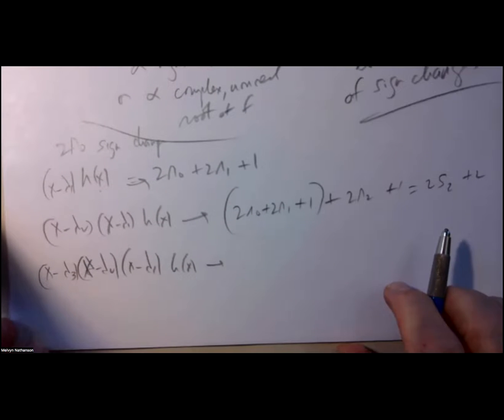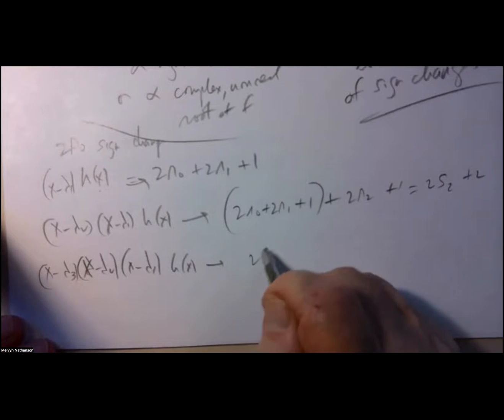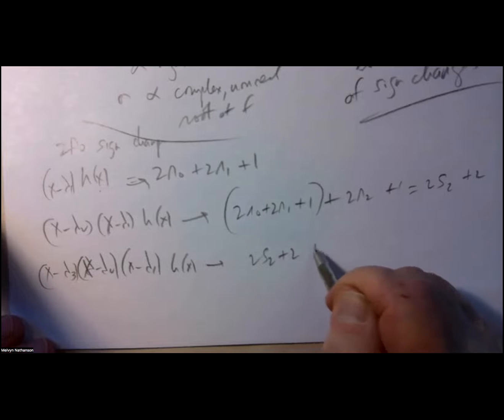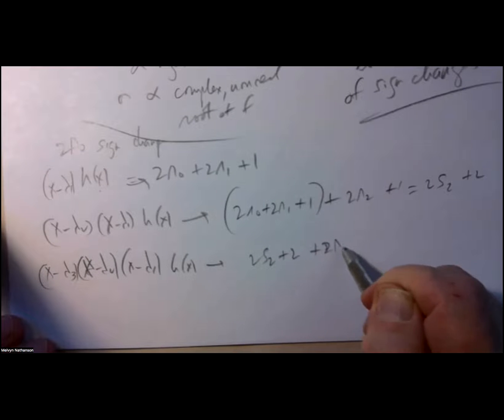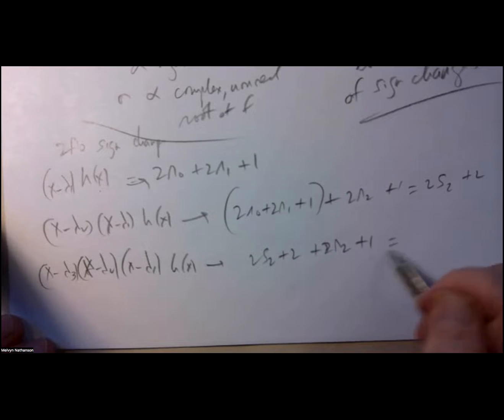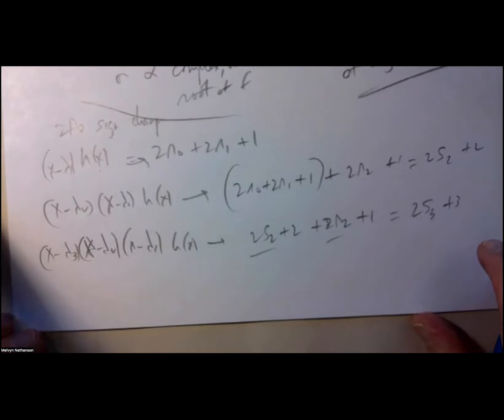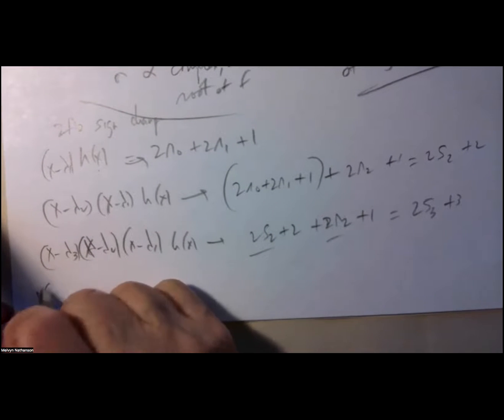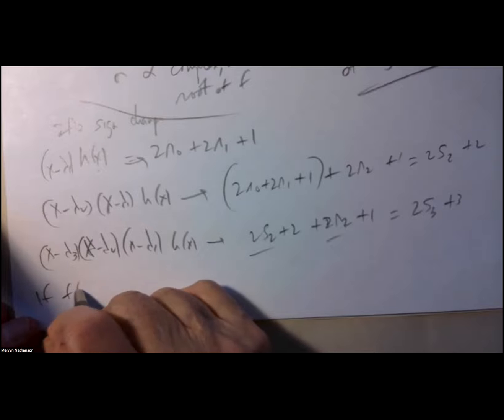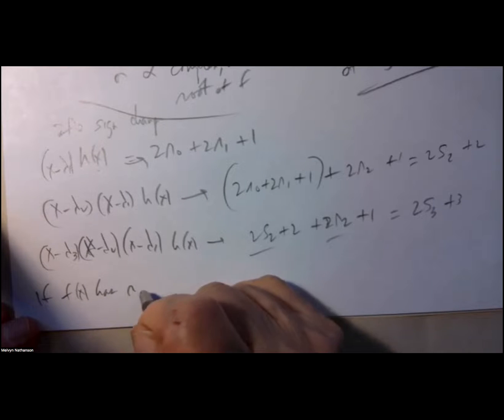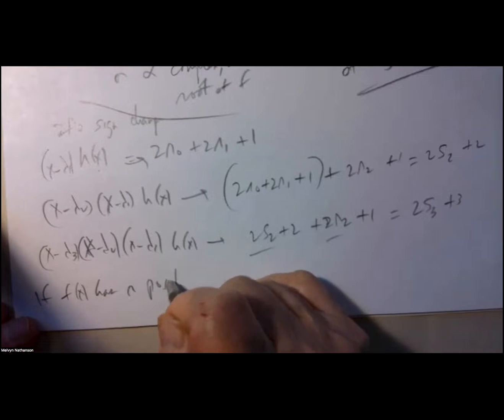So how many sign changes do I have? The number I started with plus some even number plus 1. So even and even, it's like 2s3 plus 3. And if f has r positive roots,